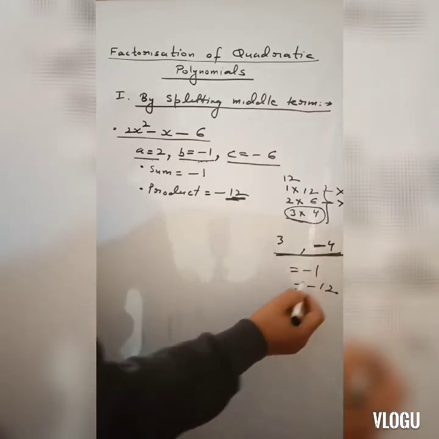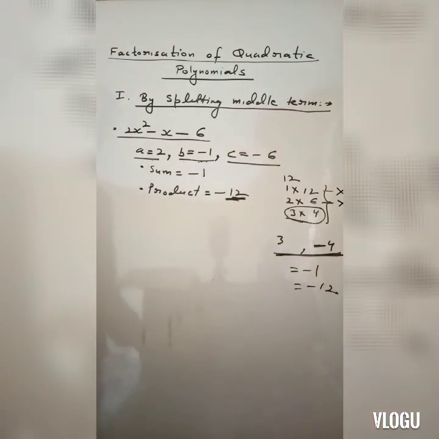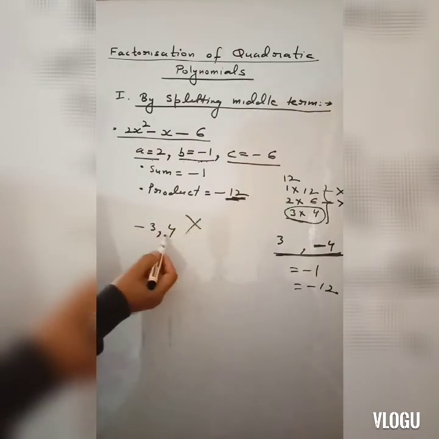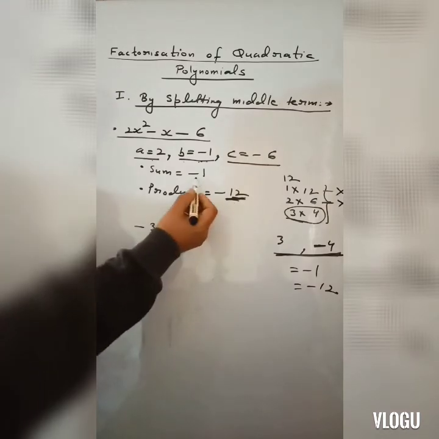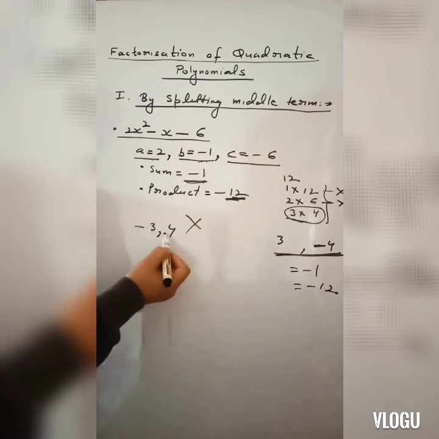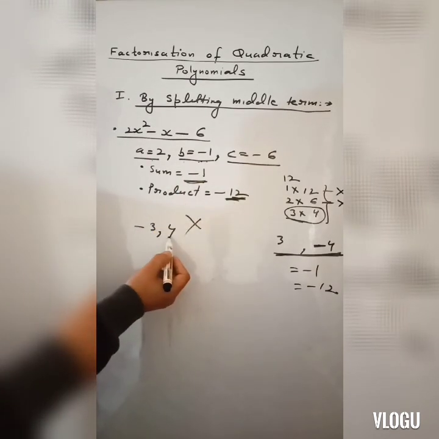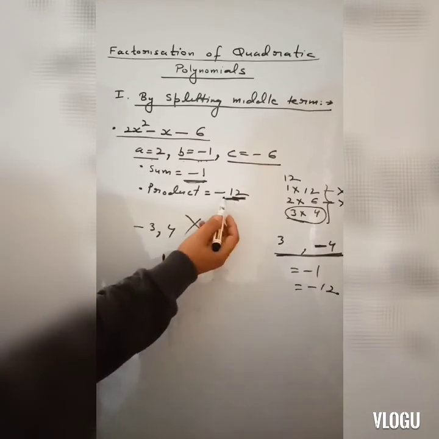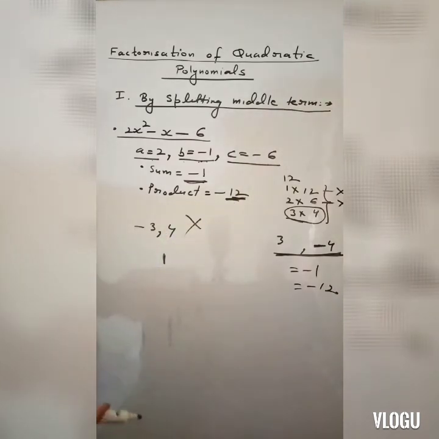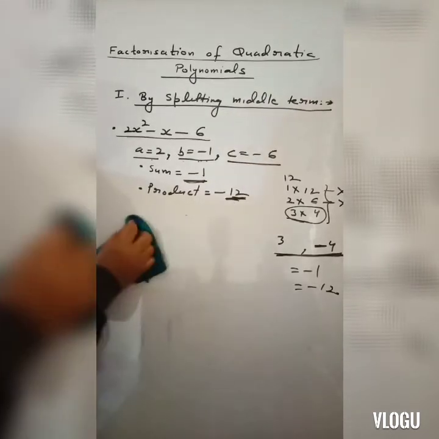So the main thing you have to focus on is how to find these two numbers, because most of the students are facing problems only in this stuff, how to find the numbers, and they are committing mistakes in these signs. You can't use minus 3 and 4. You can't use this, because if you add these two, the sum will be 1. But according to your situation, the sum should be minus 1. So the bigger number, this only you have to understand. When the sum is minus 1, the bigger one you take negative, right? If the product is positive, then both will be negative, or both will be positive. So these are the basic rules of operations of integers. That will also play a very important role when you're finding the numbers, right?